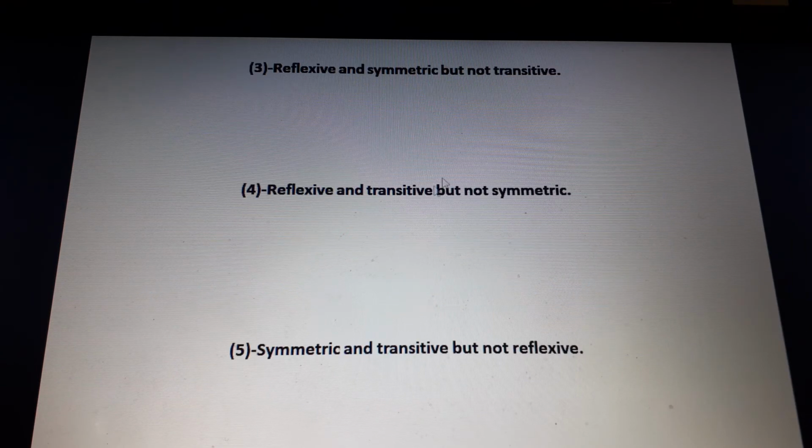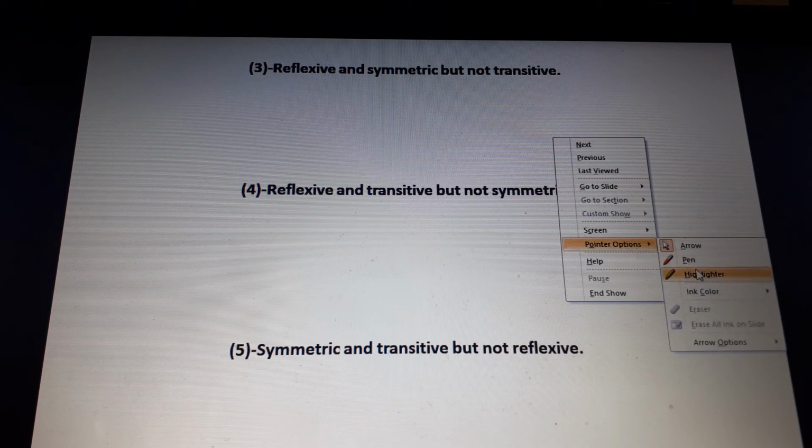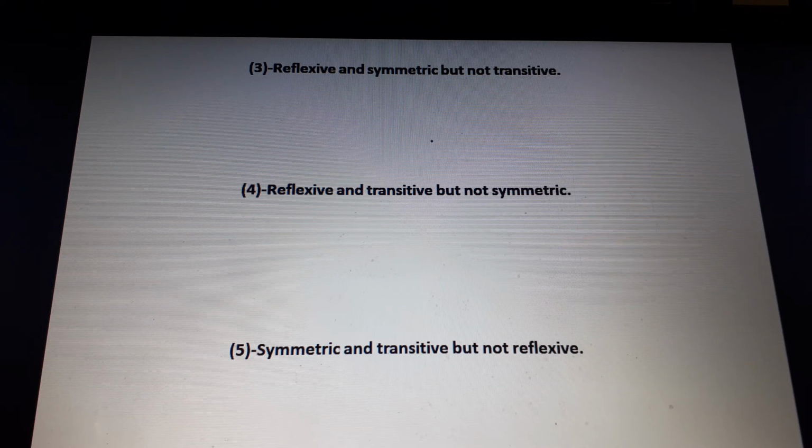Next one. There are 3 more examples, so let us do all the remaining 3 also. Let us take A equal to {1, 2, 3} once again. Then the condition is it should be reflexive. This is the first condition, so no choice. Therefore, first you have to write (1,1), then (2,2), then (3,3), because it should be reflexive. I don't have any choice.